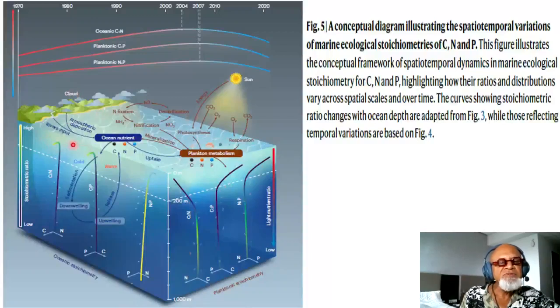Clouds, atmospheric deposition, riverine inputs, oceanic nutrient cycling itself, and you have N2 nitrogen fixation. The diazotrophs I mentioned do not need nitrate. They can directly assimilate dinitrogen in the water, and you have ammonium nitrification processes producing NO2 minus and denitrification to produce N2. So you have plankton metabolism interacting with the oceanic nutrient pool in terms of uptake and mineralization.